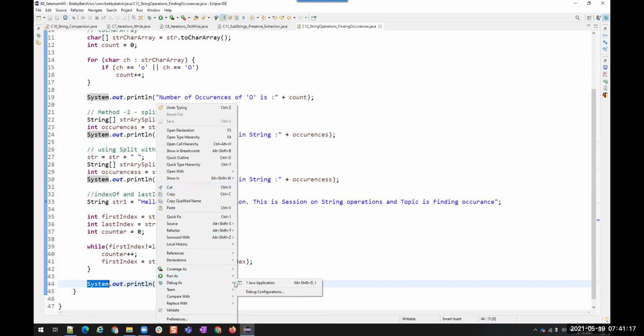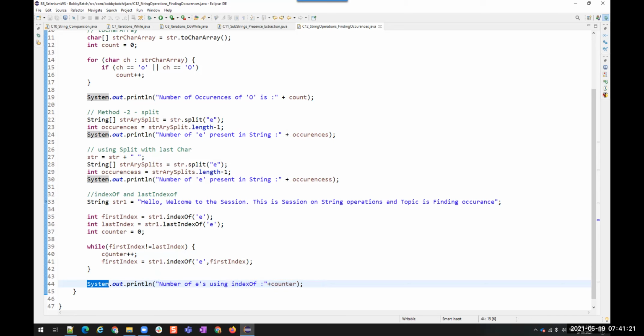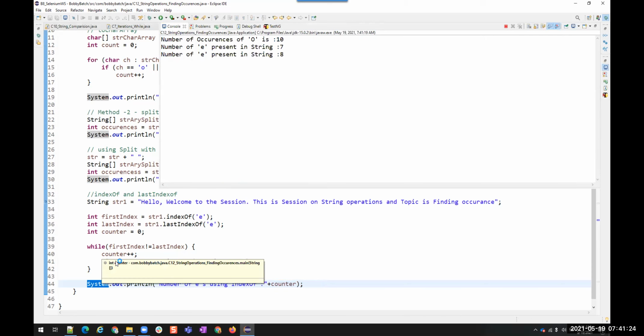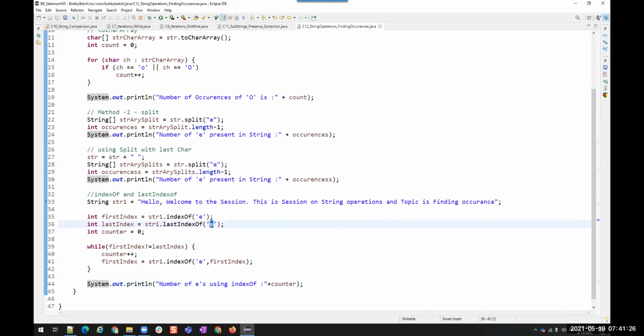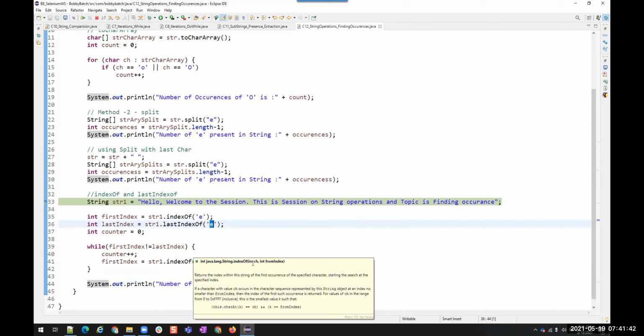So the counter for the str indexOf, which one did you choose? Letter E. You see here, right? While loop, str indexOf, which expression did you choose? This is the second method which is present in indexOf, which is taking two parameters. You see, one is the character and the other one is from index. From where we have to start searching. Two parameters.